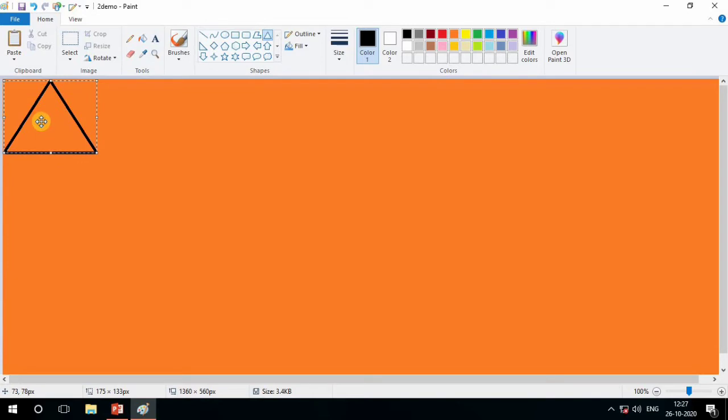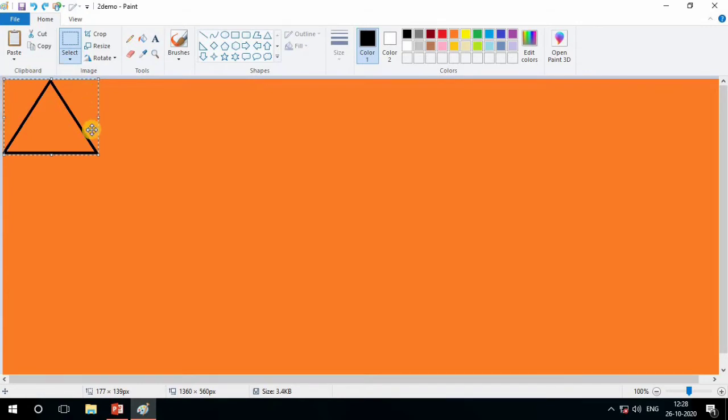You can see here. Now right click on it and paste. See, select this shape. I just click on this select menu. With the mouse, I press the left mouse button and drag over the area that I want to select.